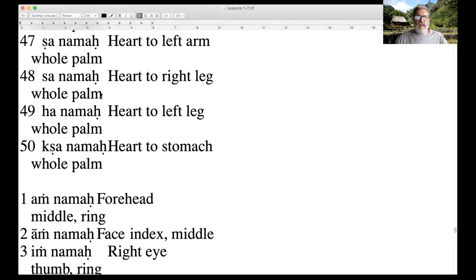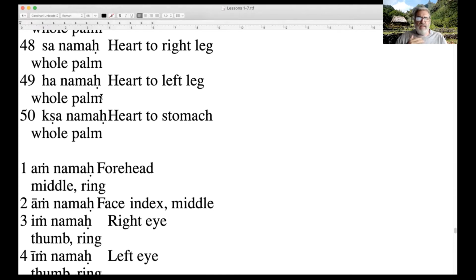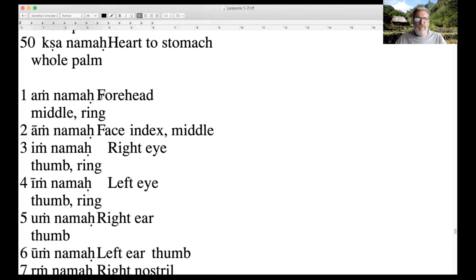Sha namaha, touch the heart to the left arm, right? Sa namaha, touch the heart to the right leg, with the whole palm. Ha namaha, touch the heart to the left leg with the whole palm. And Ksha namaha, which is the 50th one, touch the heart to the stomach with the whole palm.